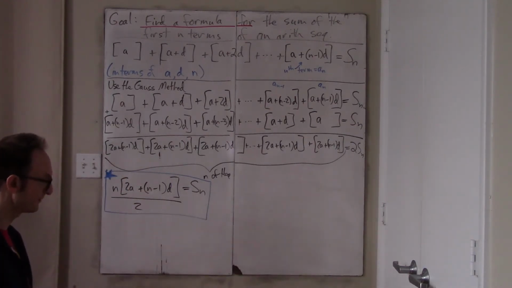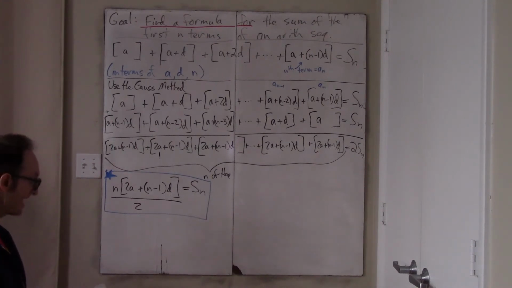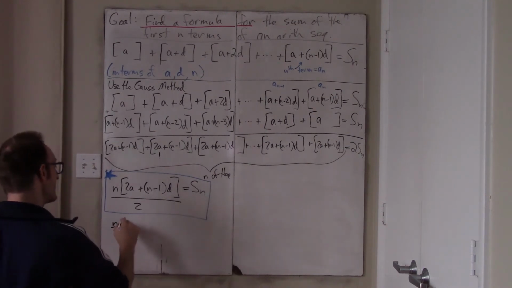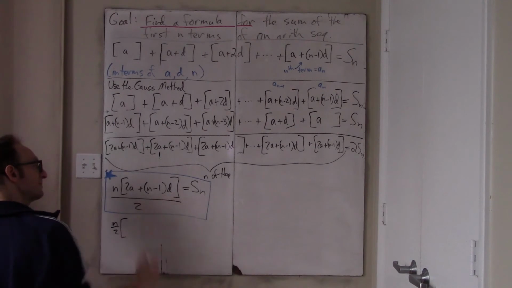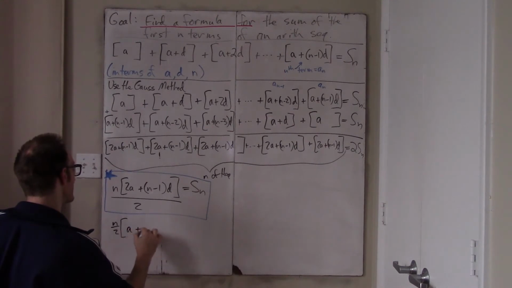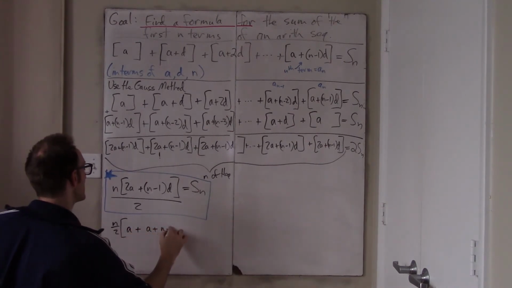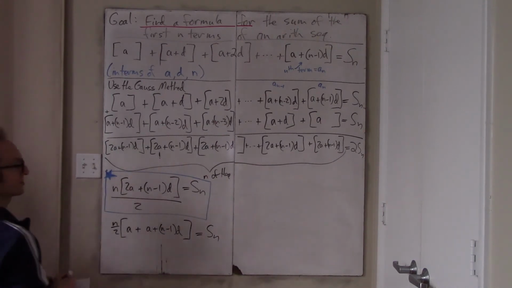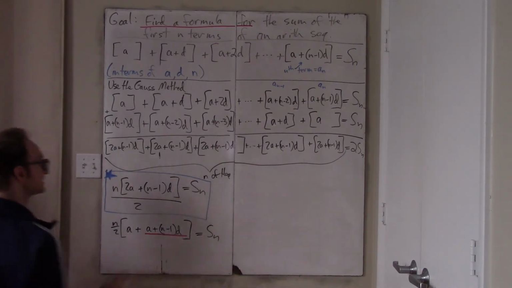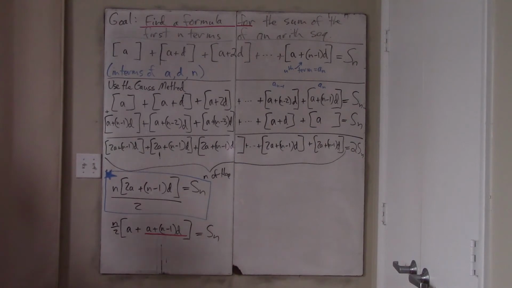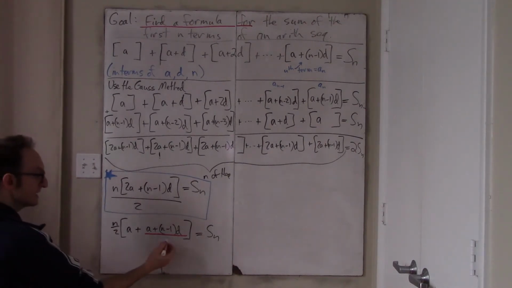But it is also possible to write this out a little bit differently. Watch the following. Here we have n over 2. And inside, 2A plus n minus 1 d, well, that looks familiar, right? In fact, I might think of that as A plus, and I'll put a little red line under this, A plus n minus 1 d. How can I interpret that thing in the brackets? Well, it's just the first term plus, what is that? It's the nth term.